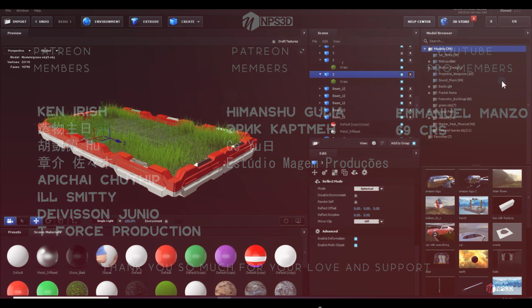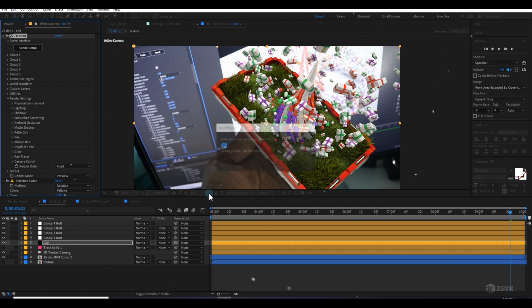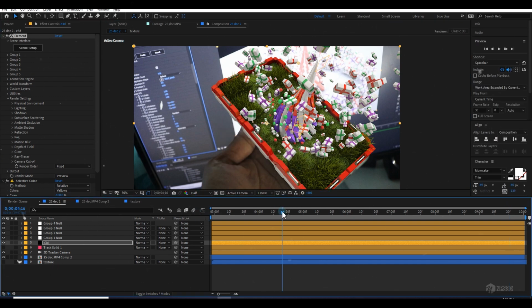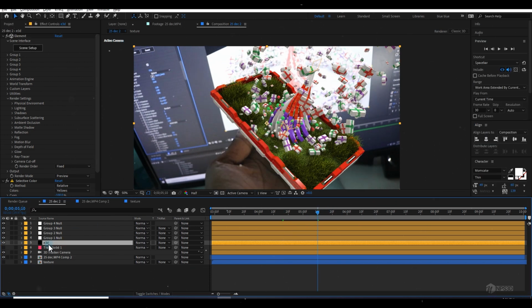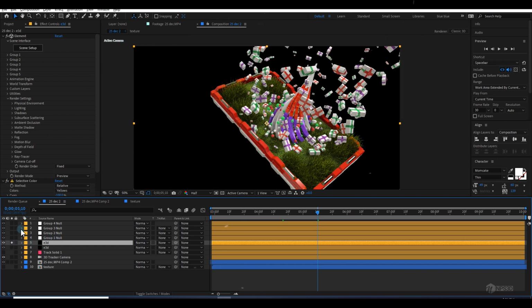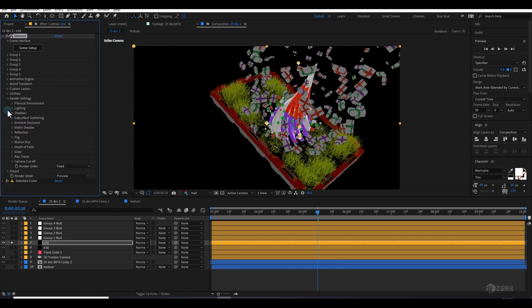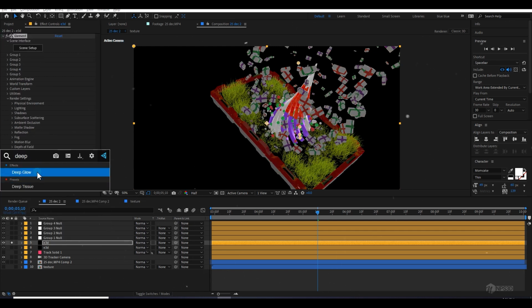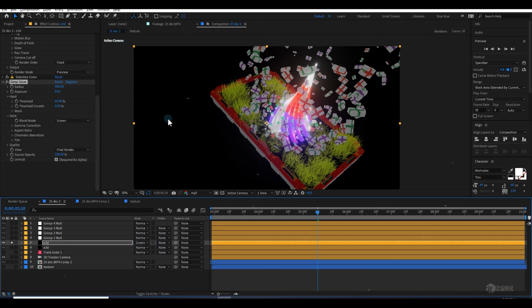And the scene is too heavy now. Let's hit OK. Because now it catches the reflection, the scene is heavier than before. So now I can just duplicate this Element 3D for the final thing, select it, go to the output mode and make it illumination. And now I will apply Deep Glow, which is a paid plugin. I'll put a link so you can go there and check it. And I can down the exposure a little bit, increase the radius, go to normal and make it screen.